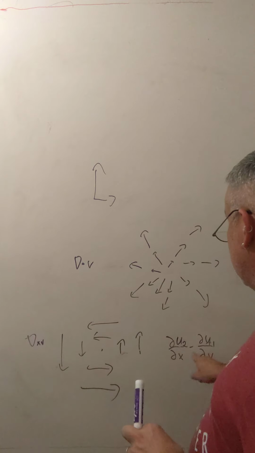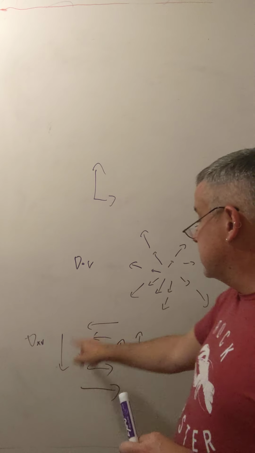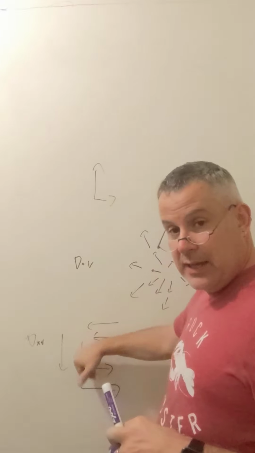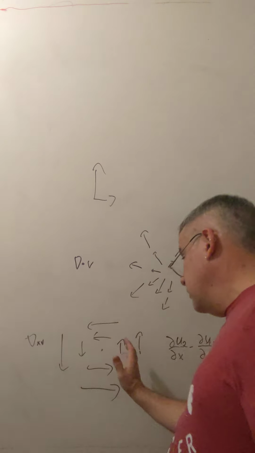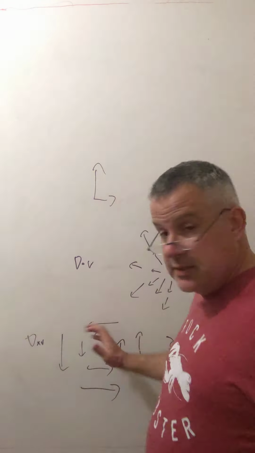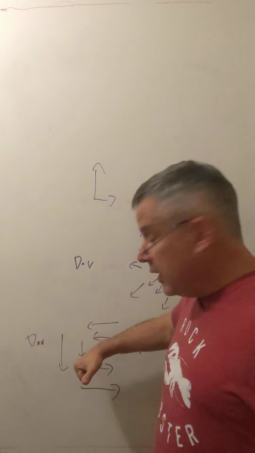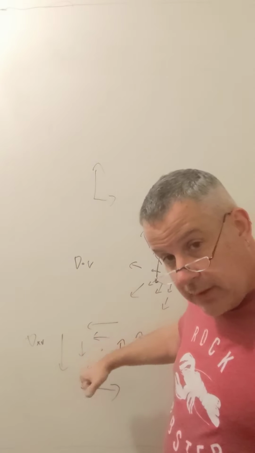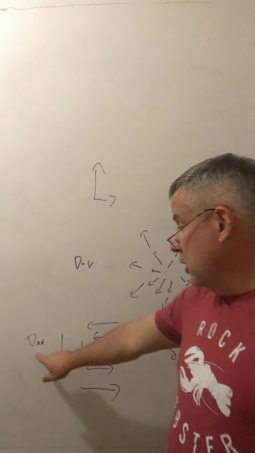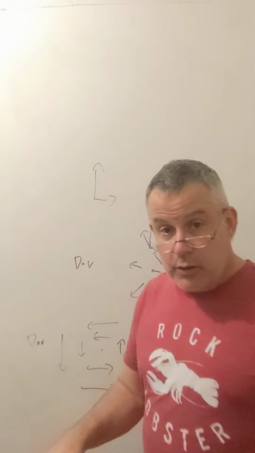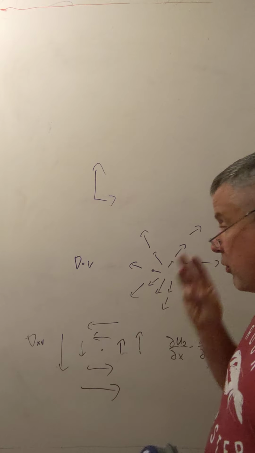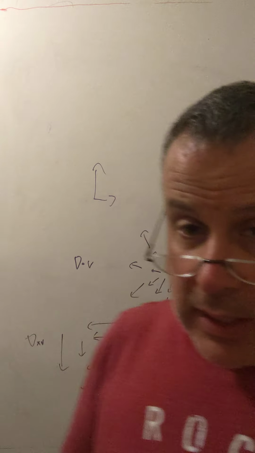So on this part, but it has a minus sign, this is saying that this whole field has a positive curl. And so you can do a right-hand rule on that too. You let your fingers curl around in the sense of rotation of the flow, and the direction that your thumb is pointing is the direction of the positive curl. So just like the cross product brought us into a third dimension, the curl also brings us into a third dimension. Okay, so we have three derivative operators that can operate on fields that are scalars or vectors,